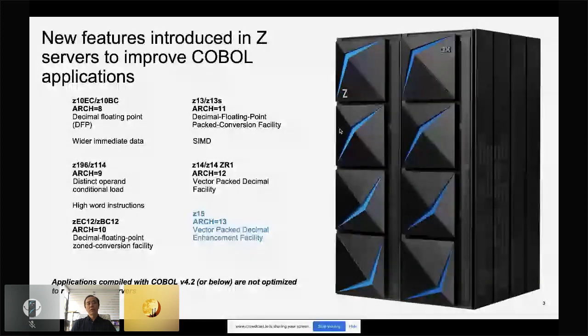Now z14, we actually designed a totally new unit called the vector packed decimal facility, because we're still not happy with the conversion. We're still not happy with a lot of the memory-to-memory instructions. So what we did was we used the vector registers, and so we can eliminate all the overhead from memory to memory. So it really speeds up the